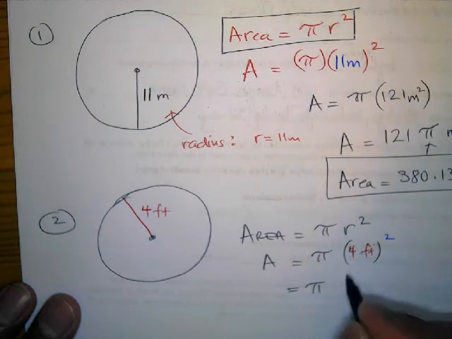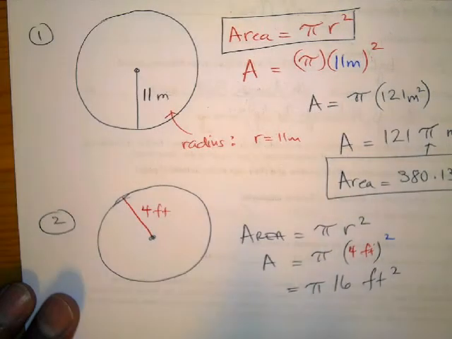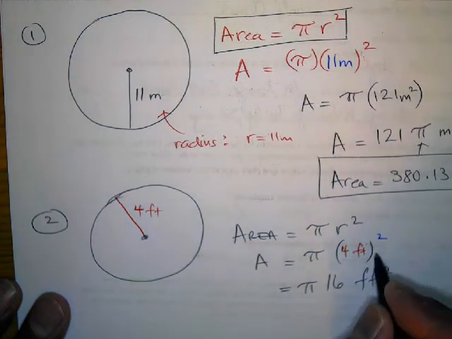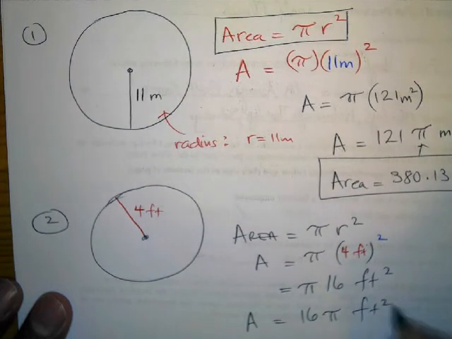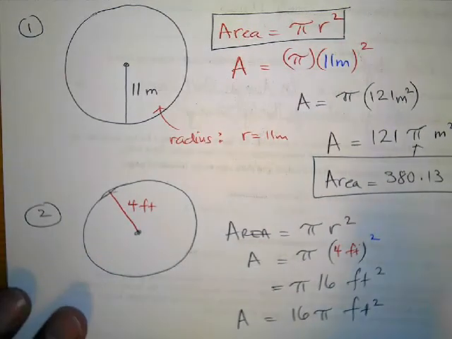So you're going to get pi, and that's going to be 4 times 4 is 16. And then remember, now your units are square feet. Right? 4 squared is 16 and the feet get squared. So really you have area is equal to 16 times pi square feet, but